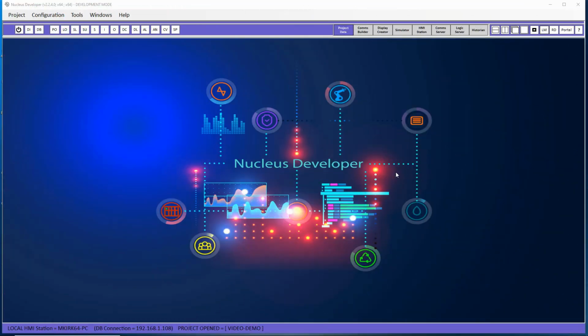Welcome to the Nucleus Advanced Features tutorial. This video will explore additional features on the Display Creator and the HMI Station software that we've not yet introduced. In this video, we will explore the Display Creator zoom features, the search and replace functions, and demonstrate the ability